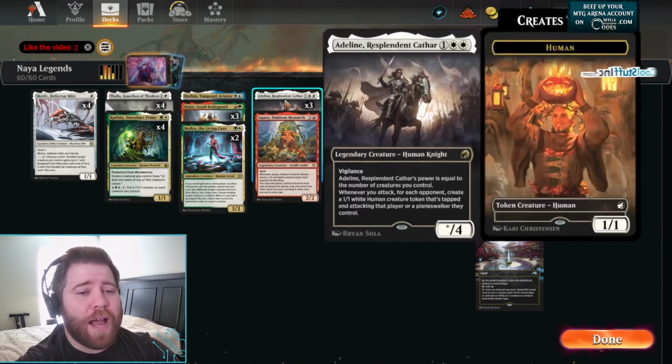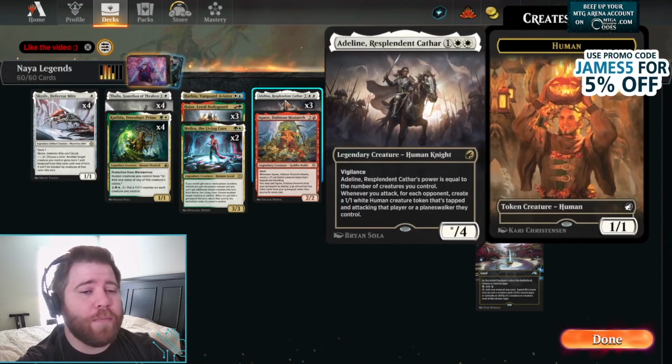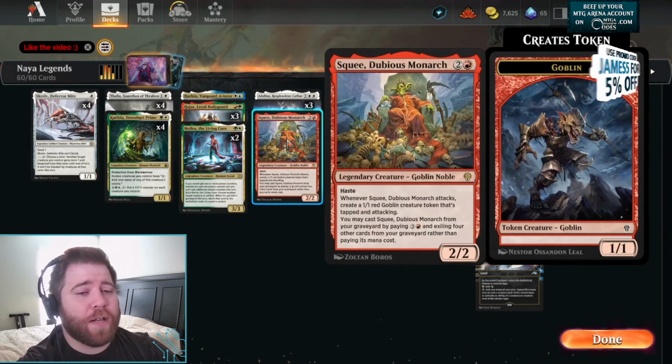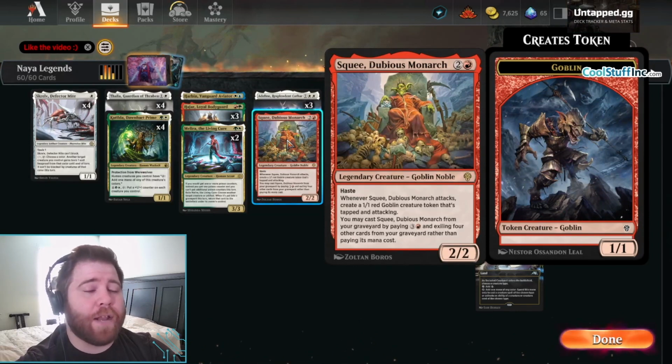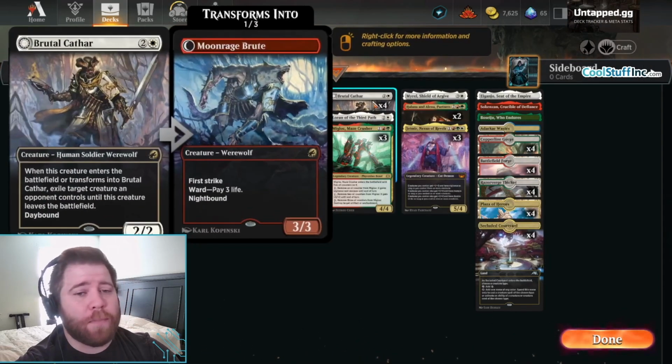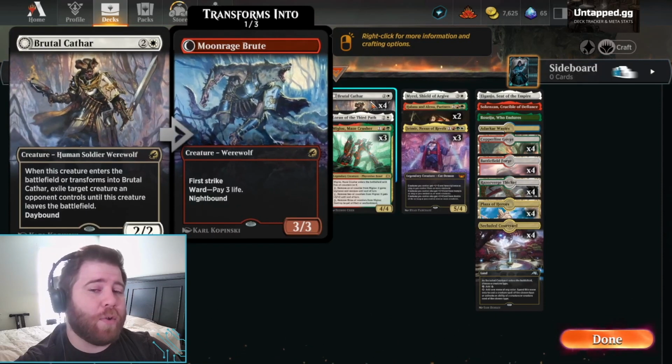We also have Adeline, Resplendent Cathar as a human, and we also have Squee, Dubious Monarch here as well. This is not a human, but it is a legendary and can come back out of the graveyard for additional value. We have 4 copies of Brutal Cathar, of course, because, I mean, this is the only non-legendary in the